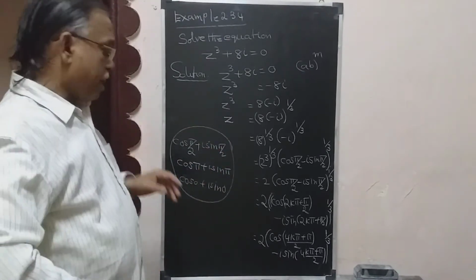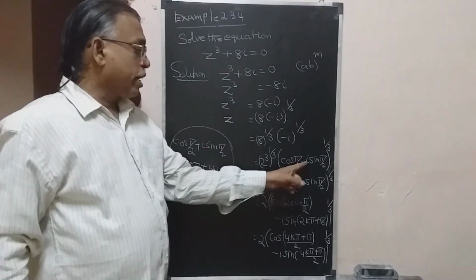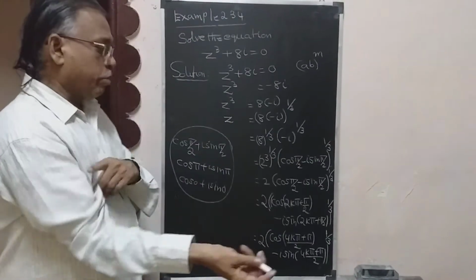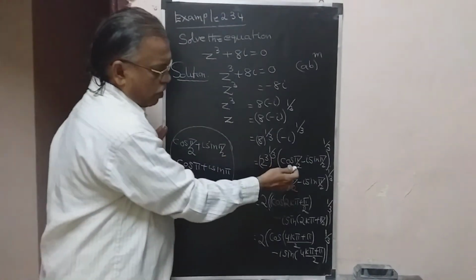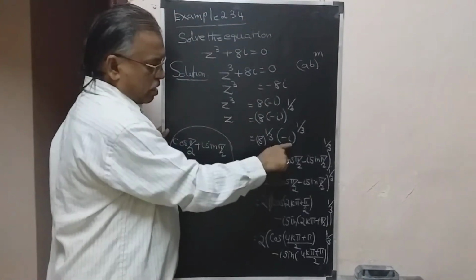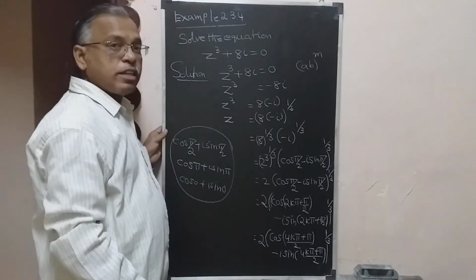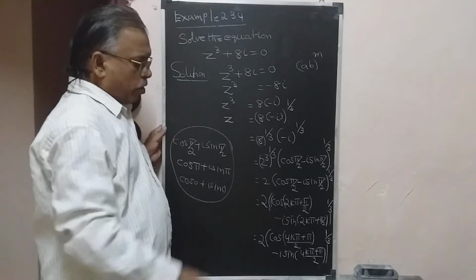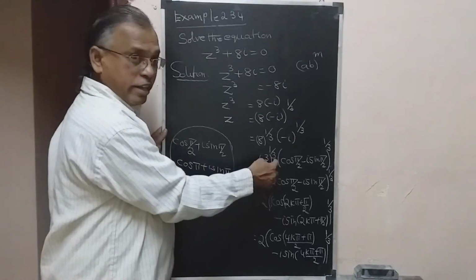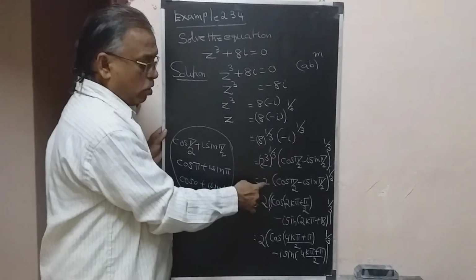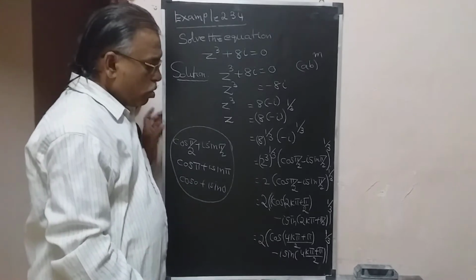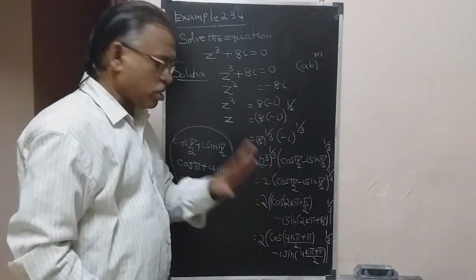So minus I means cos pi by 2 minus I sin pi by 2 whole power 1 by 3. This is your first step: express this complex number in polar form. That's what I told while explaining the steps also. Now this is a power n whole power n, a power mn, so 3 gets cancelled and 2 will come. So the first step is finished up to this.